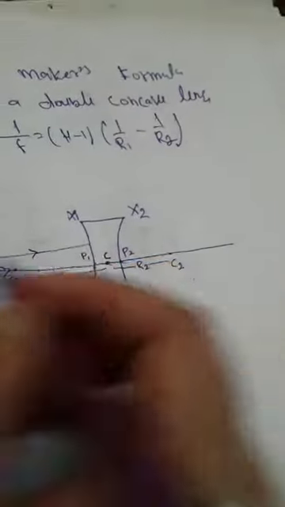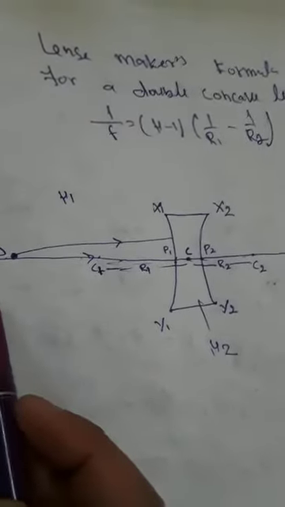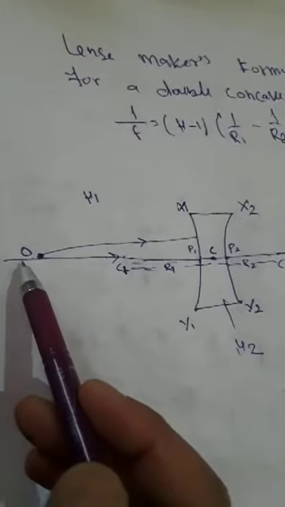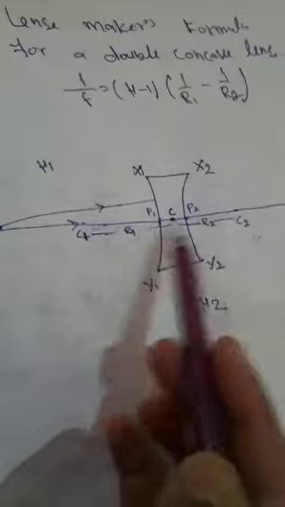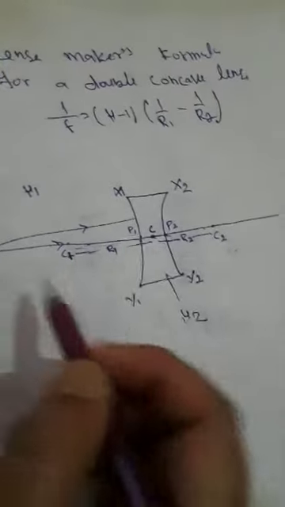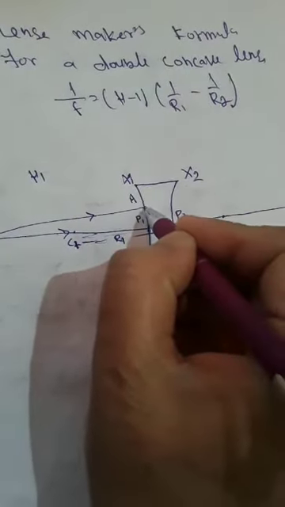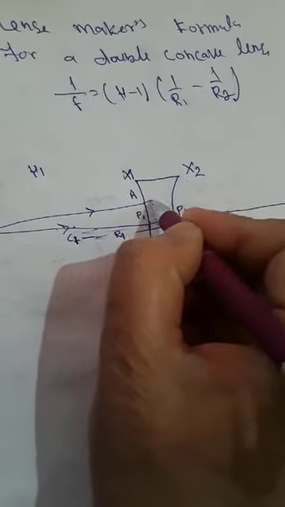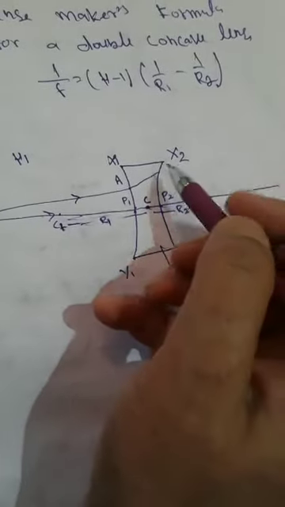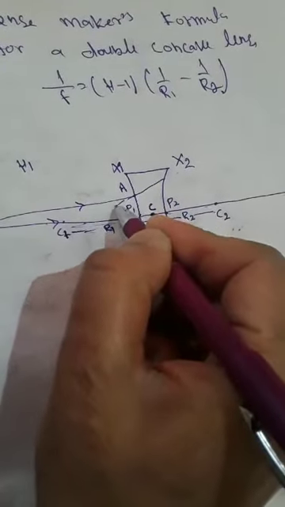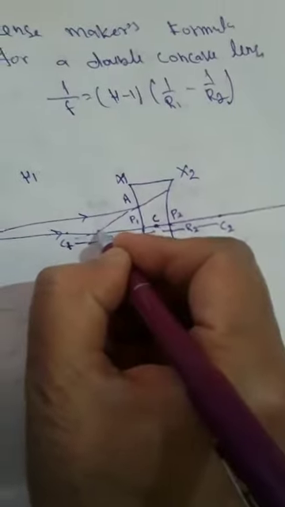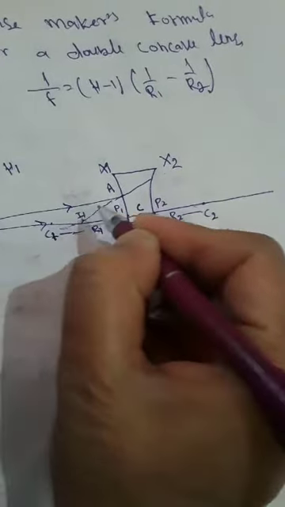First of all, we suppose that refraction takes place at surface x p1 y1. This is the point object lying on the principal axis. One ray of light falling through the center of curvature, perpendicular to the surface, passes straight through the optical center. The ray falling at point A gets refracted here. When the lens material is taken as continuous, this is the virtual image formed. Suppose this virtual image is I1.